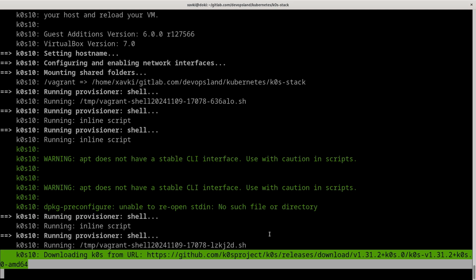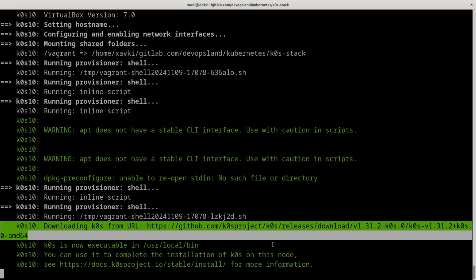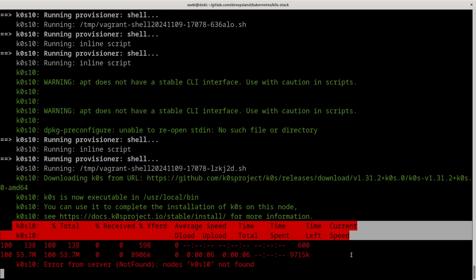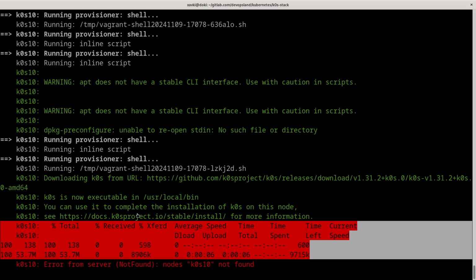And after that, we have the k0s install controller --single, and the k0s start. And again here, I think we don't see it, but it's just the download of the kubectl command.